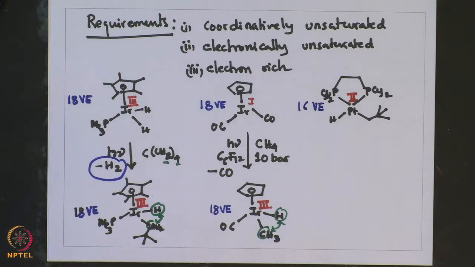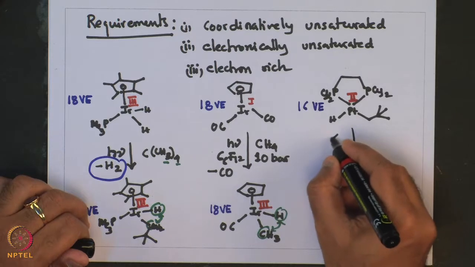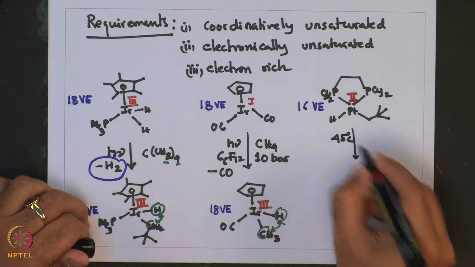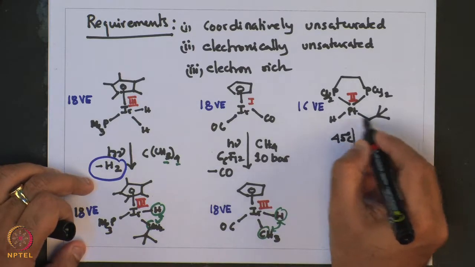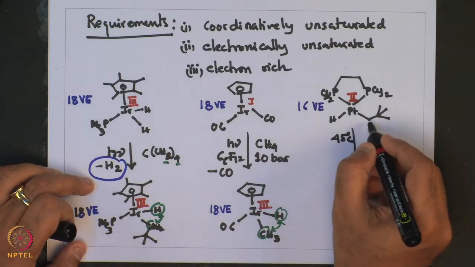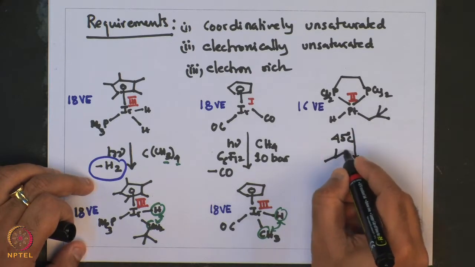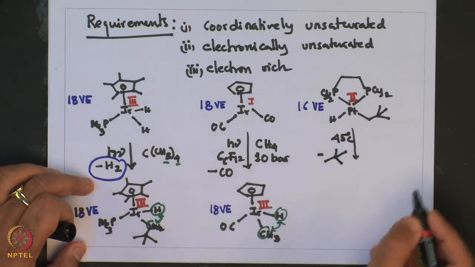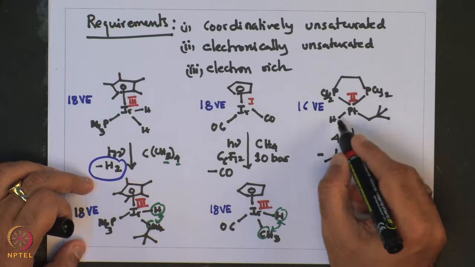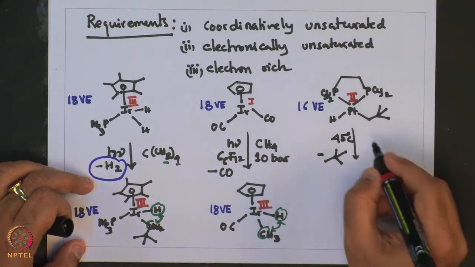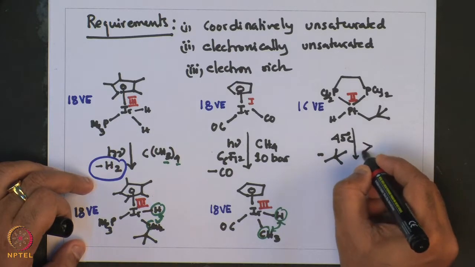At 45 degrees centigrade, it eliminates neopentane and produces a platinum 2 species, which then activates